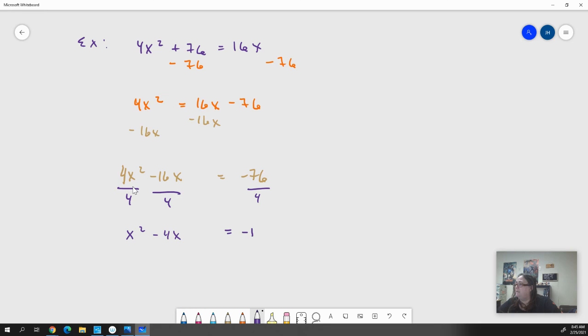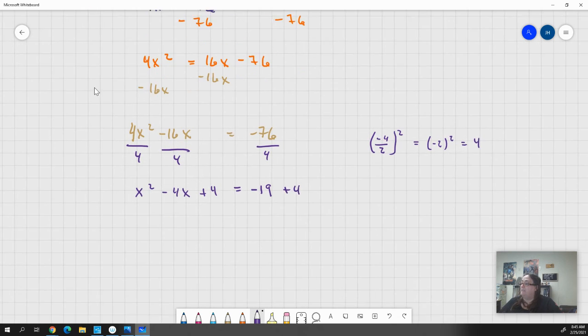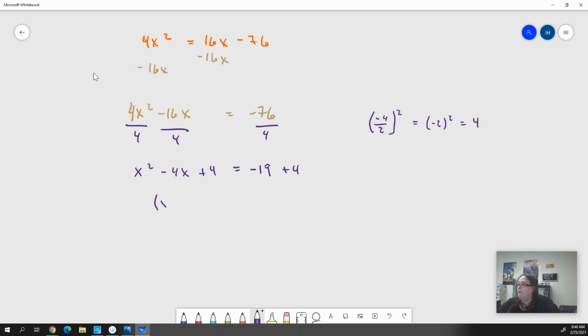negative 19. And then we're going to go ahead and take our b term, right, whatever's in front of our x. So we have negative 4 over 2. We're going to square that, which means that we've got negative 2 squared, which is just 4. So we're going to go ahead and add 4 to both sides, right? This is going to give us our x minus 2, right? Square root of x squared and the square root of 4, x minus 2 squared equals